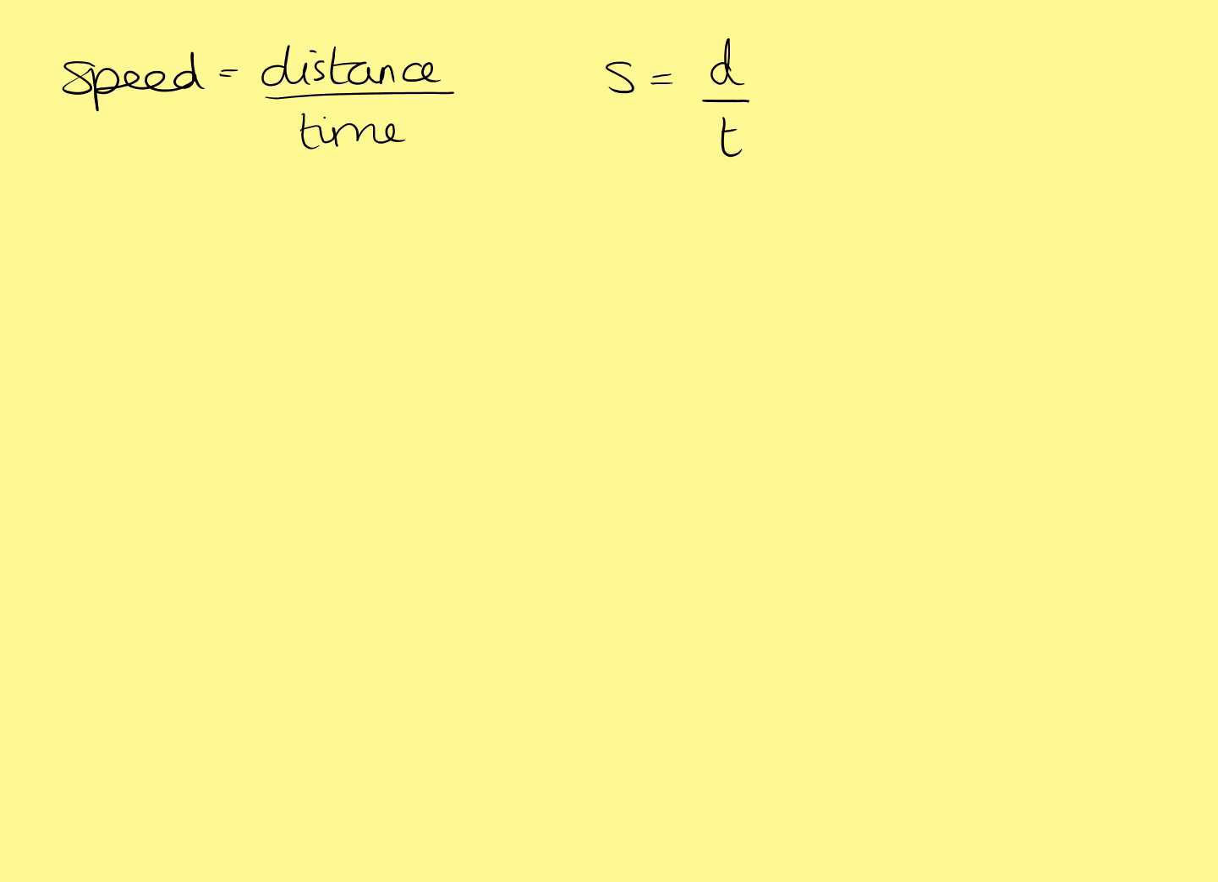Now, when we talk about wave speed, we use the letter V. So wave speed is going to be the same. It's distance divided by time, but the measure of distance in this case is one wavelength, because that's a distance, it's a length. So wave speed is wavelength. That is a distance, it's measured in meters or centimeters, divided by